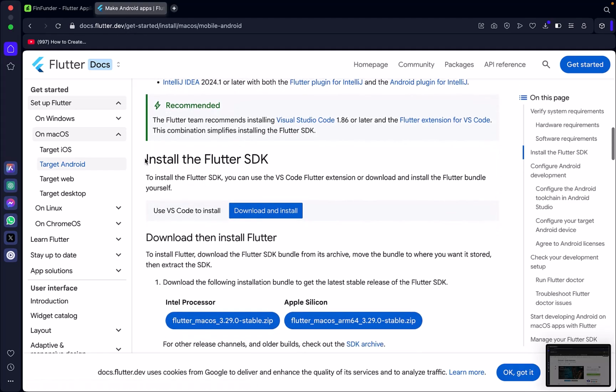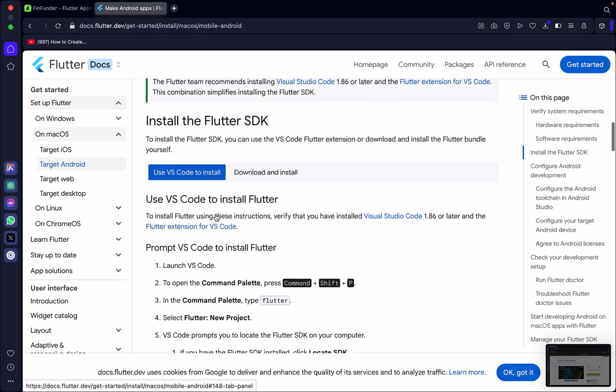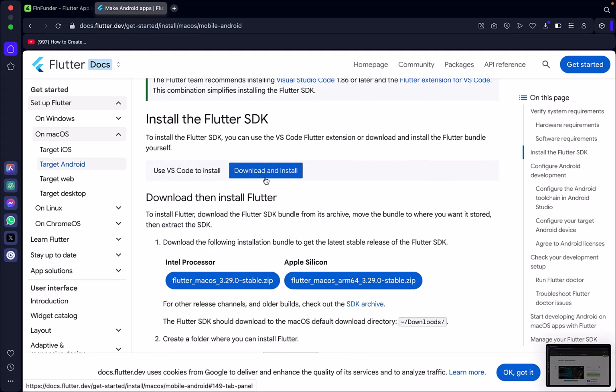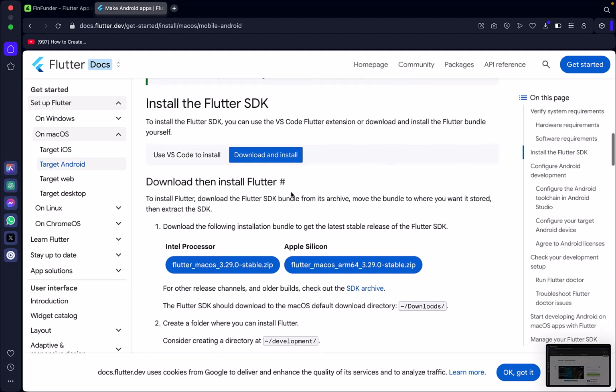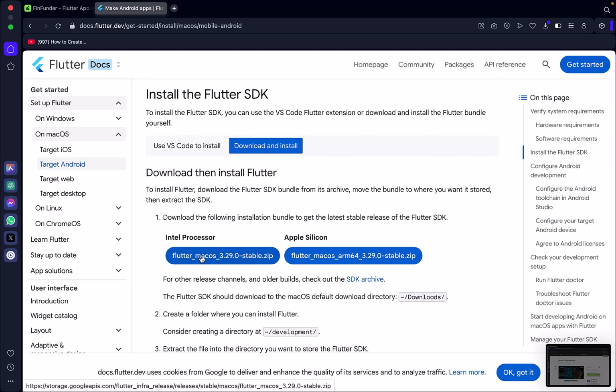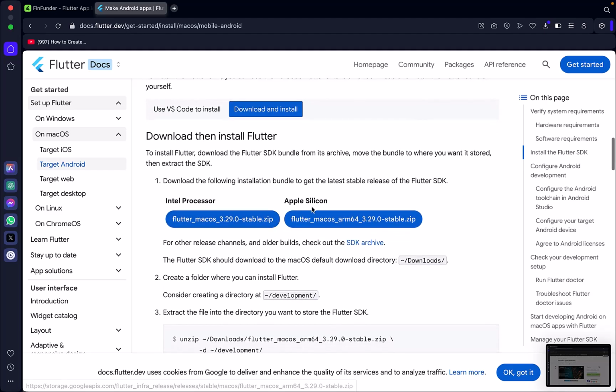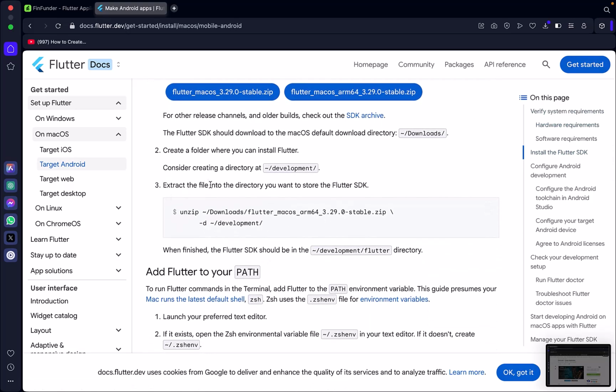We want to proceed to install the Flutter SDK. You can install in two ways, either by using VS Code if you already have it installed, or you can use the normal download button that we have here. In my case, I'm going to download the Intel processor version, depending on your processor. Once you click on this button, your installation will begin, and you're going to handle the directory configuration, where you have to create a new directory folder and put in your